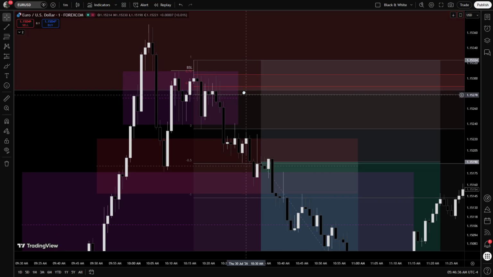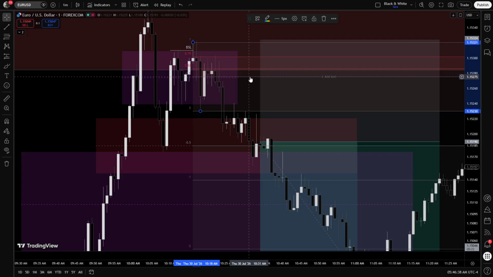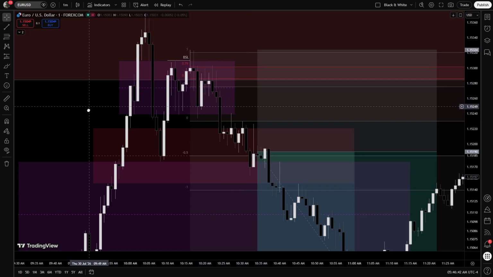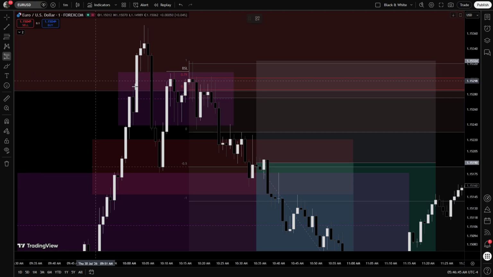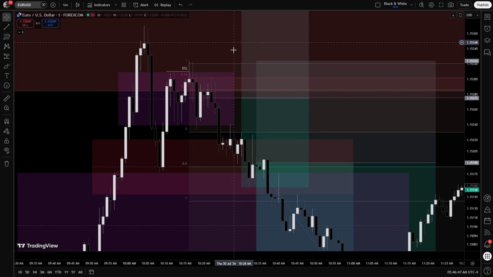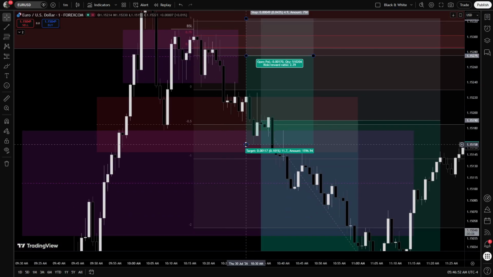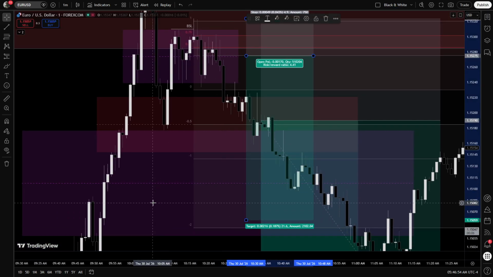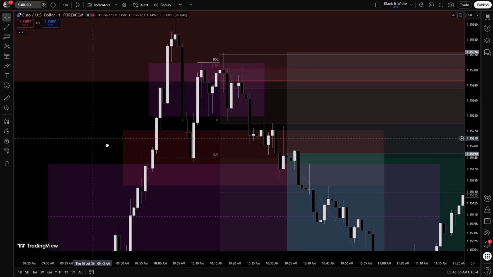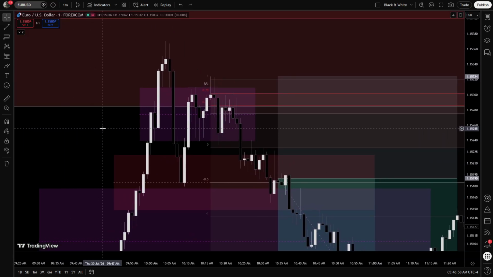And at this point, I had already said that someone who likes to be more risky can enter this trade right here as a short, using the consequent encroachment of this 3-minute fair value gap. Someone could enter over here, let me show you, right there, and set the stop loss just above that high and just aim for wherever the market goes next, and that would be a really good trade. But why didn't I take it? Because of course that was very risky, you're going to set your stop loss over here and there's still no big confirmation yet.